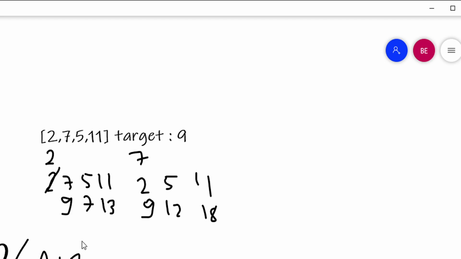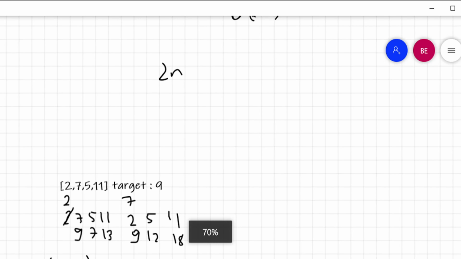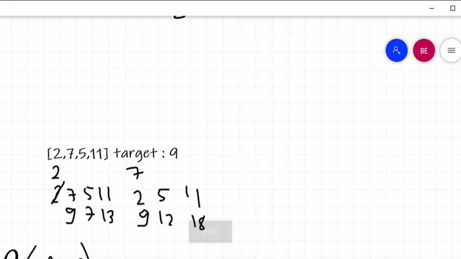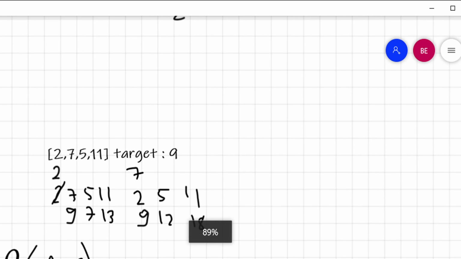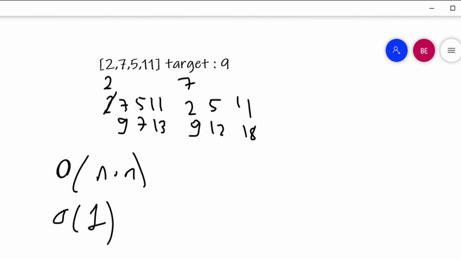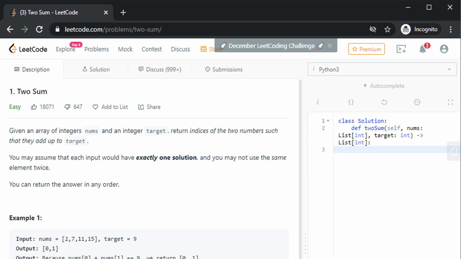And this brute force solution would require O(n squared) time complexity, but we wouldn't be holding any other data structure or storage, so it's actually O(1) space complexity. So let us try to implement this strategy